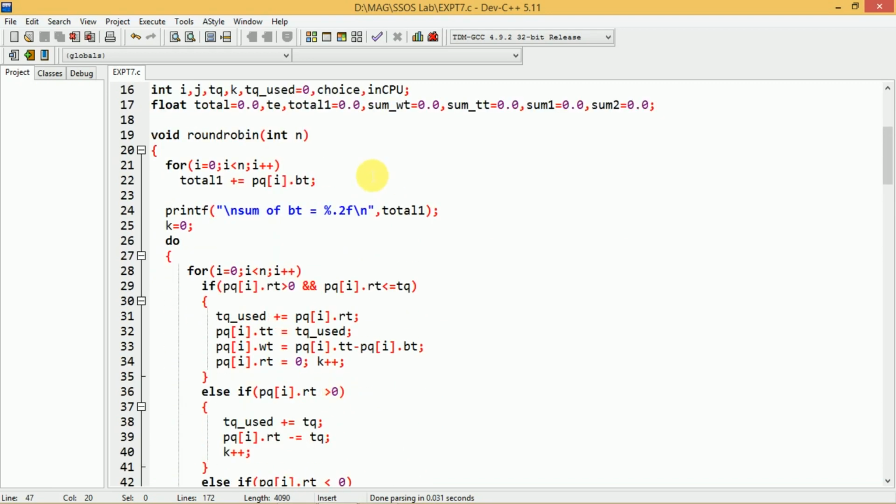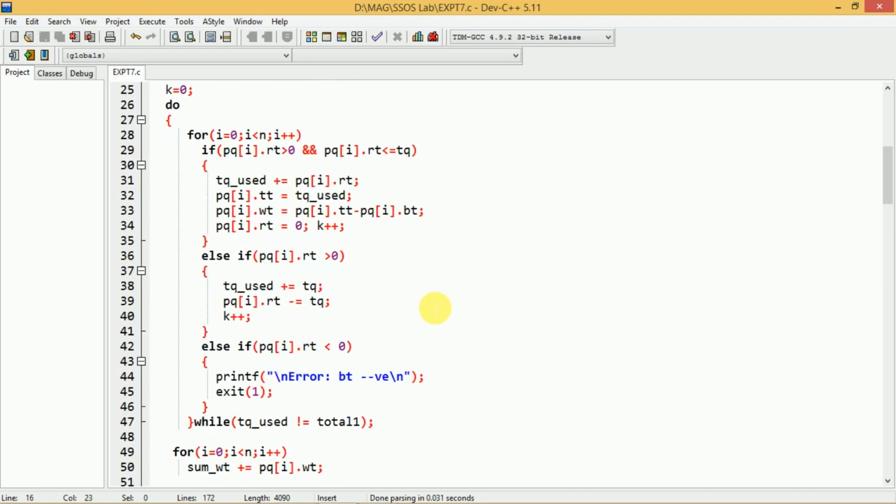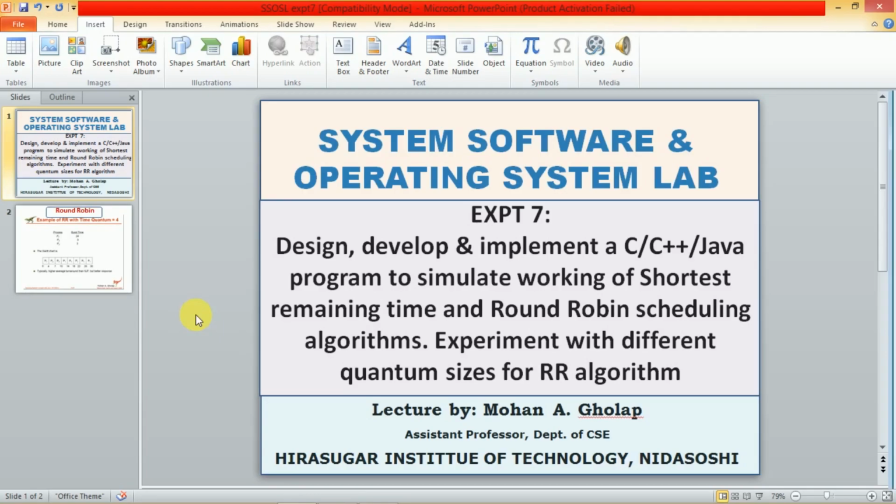That's why tq_used is also initialized to 0, to indicate that initially no process has executed. In this do while loop, we again start with a for loop: for i equal to 0, i less than n, i plus plus. What do we have to do here? Whenever a particular process arrives, there are two possible situations.